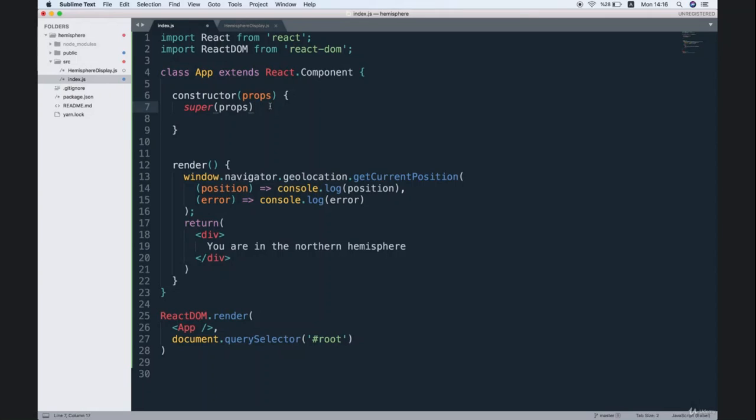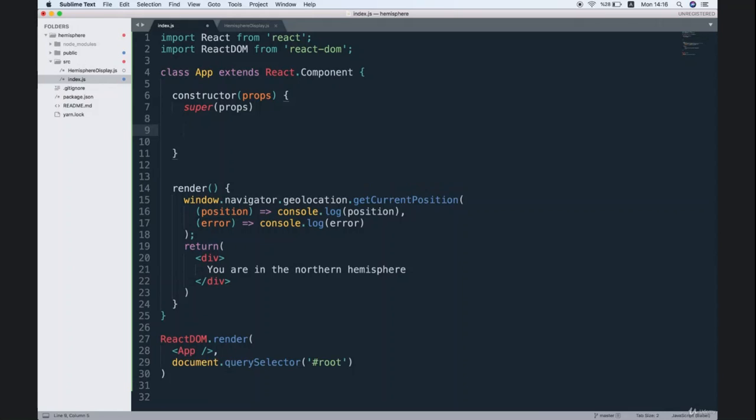So like I said, we have to do it every single time that we define our constructor function inside of a class-based component. If we don't, we're going to very quickly see an error message in our browser. All right, so now let's talk a little bit more about this state system. The entire reason we defined that constructor function was so that we could initialize our state object. So in order to initialize our state object, underneath that super function, and super is always going to be the first thing in here, so underneath of it,